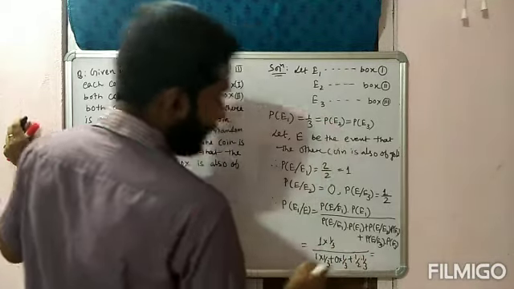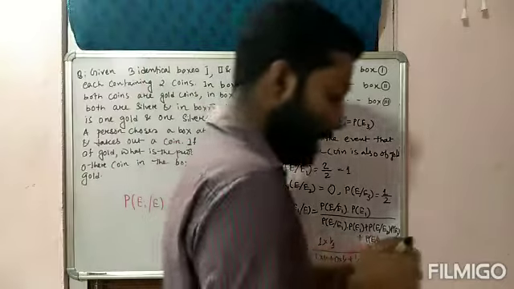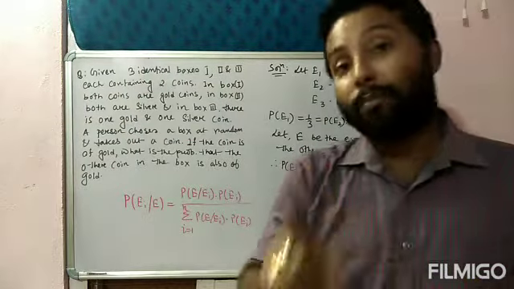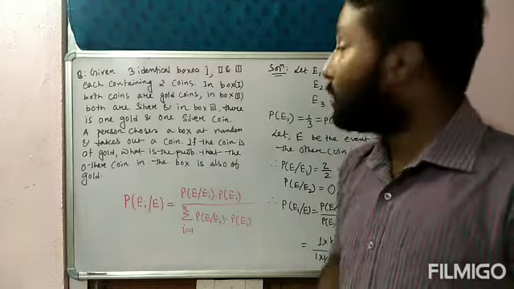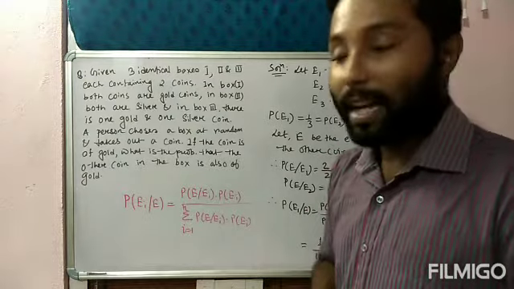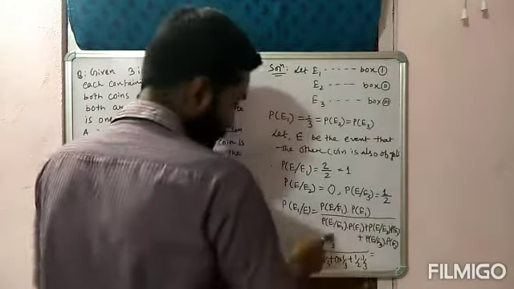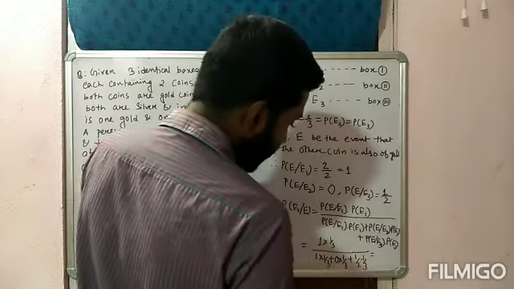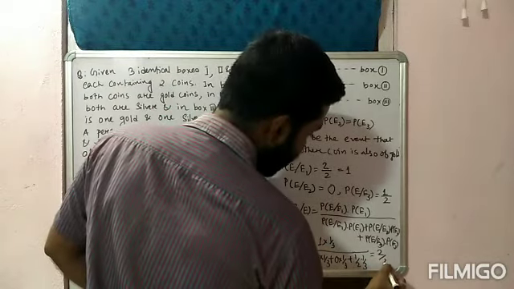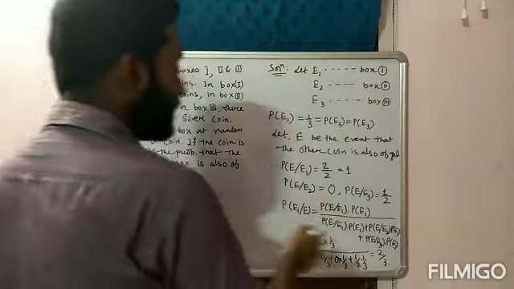Okay, so just you calculate this value. The value should be less than or equal to 1. It should not be more than 1. Probability का value more than 1 नहीं होना चाहिए, otherwise it will be considered as invalid. Okay, the value should be less than 1. I think it is a 2 by 3 answer, which is less than 1 only. So this is the final answer.